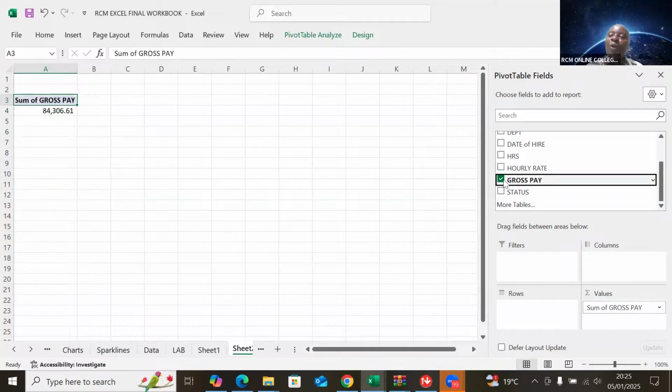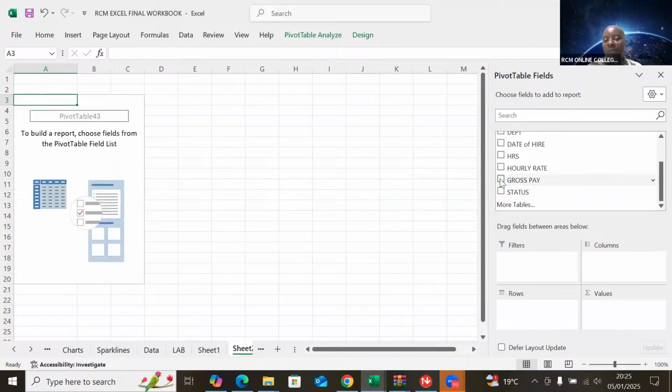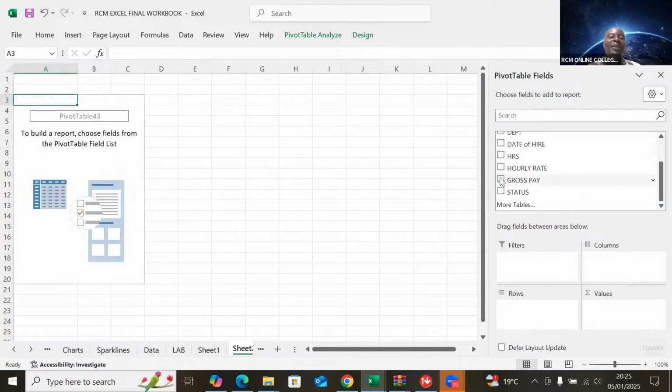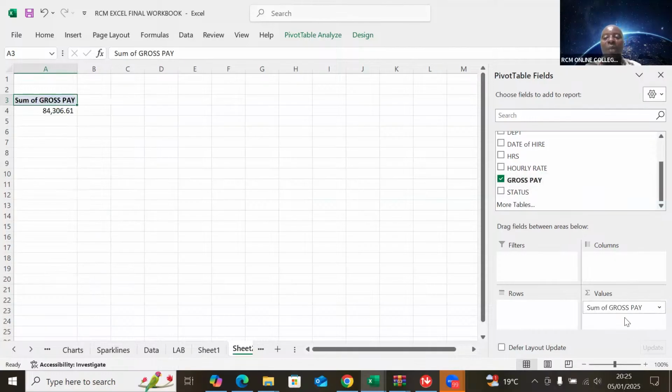The other way, although we don't recommend this a lot, and I'll explain why later, Excel has got a way of knowing what you want. If you simply click inside your gross pay without dragging anything, it will take you to the values automatically. You tick, and it goes back. If you tick like this, you can see gross pay has come here, sum of gross pay, and you can see now this in full is